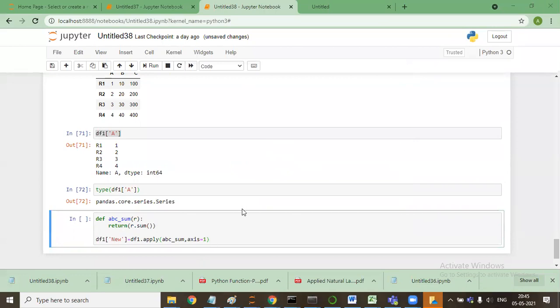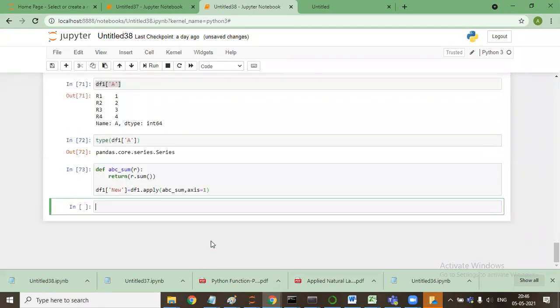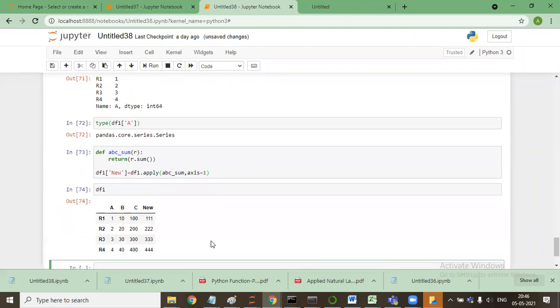Okay, so basically, axis is equal to 1 is for row when the function is applied to row. Axis 0 when the function is being applied to column. So I'll show you. I'll say shift enter. Now if I say, a new column is created. Okay, I guess axis 1 is equal to column only.